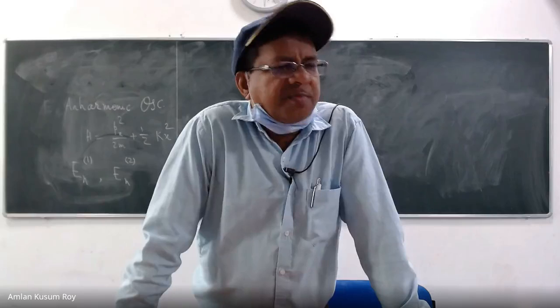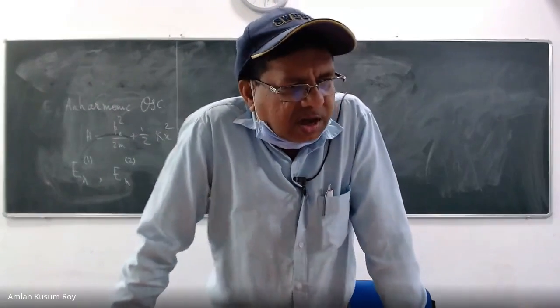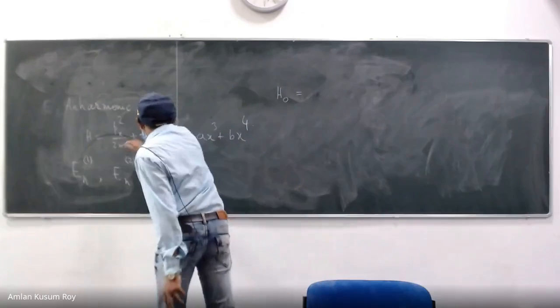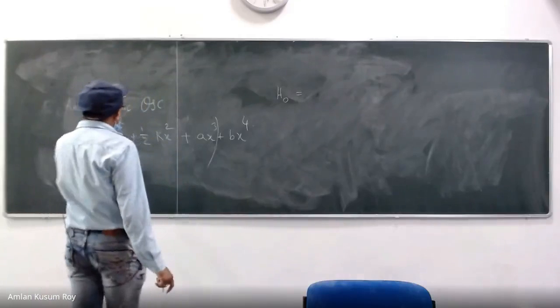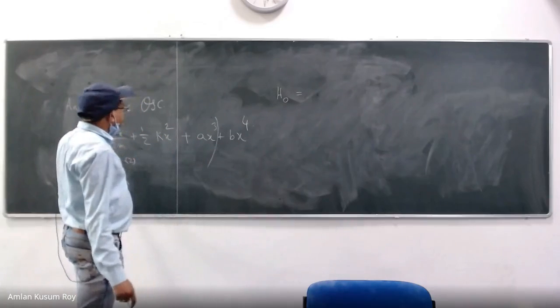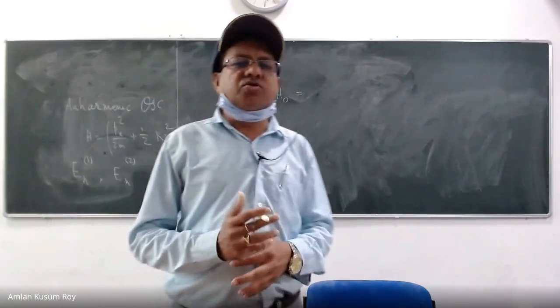It is the unperturbed. Unperturbed word is the dictionary word. I understand what you mean to say, but can you please explain what is unperturbed? What do we call unperturbed? I can also choose this guy. We know the solutions of the Hamiltonian. Yes. So if you do not say that, I can take this also as unperturbed, but that doesn't solve your purpose. You want to choose your unperturbed system in such a way that whose solution is known.